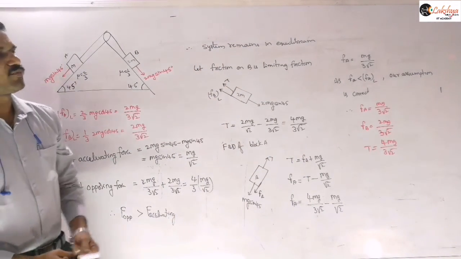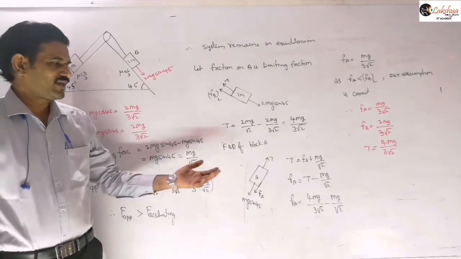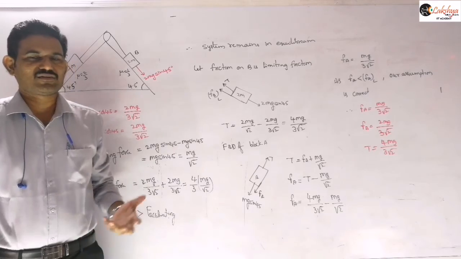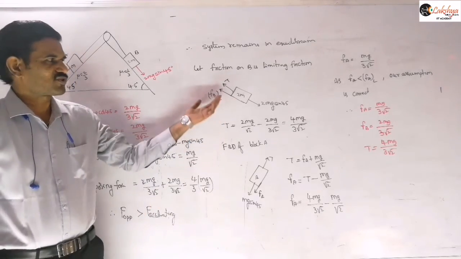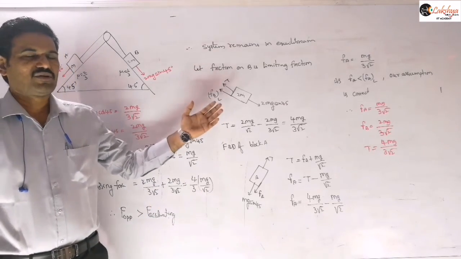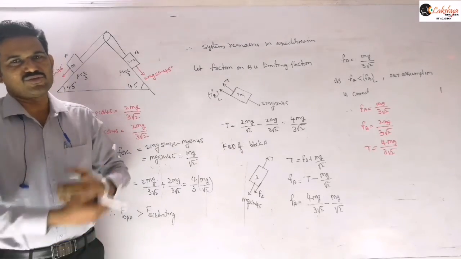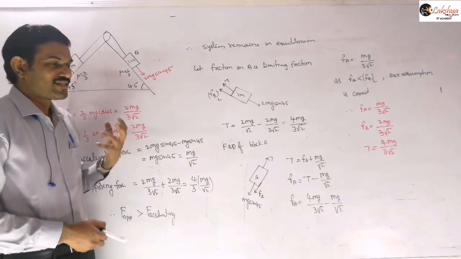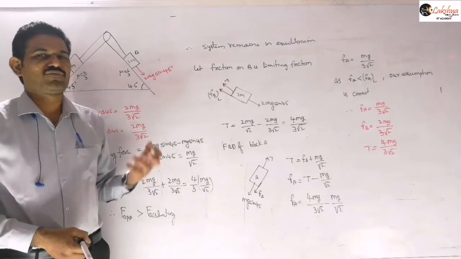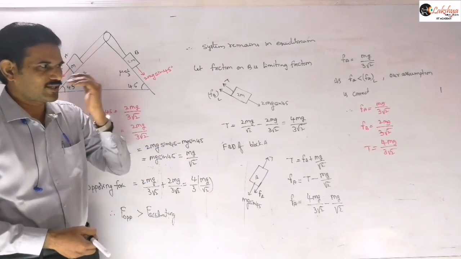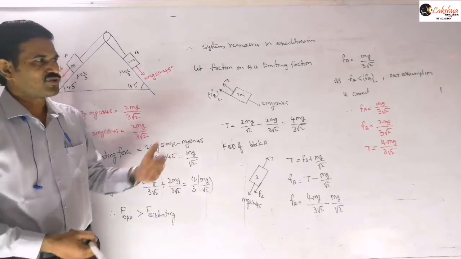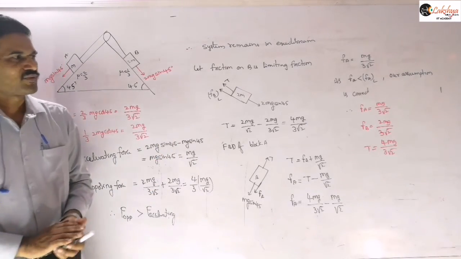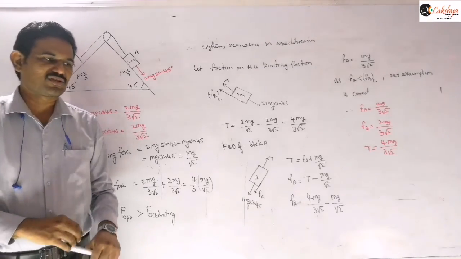Suppose you assume the frictional force acting on A is the limiting friction as a first assumption, and you get the wrong conclusion, that is, the frictional force comes out more than the limiting friction, then you need to reverse the assumption. Like that, you may find your assumption is true in the first trial itself. If so, you are lucky and we can save some time, and we can get the frictional force and tensions easily. So this is a way of solving this type of problem.